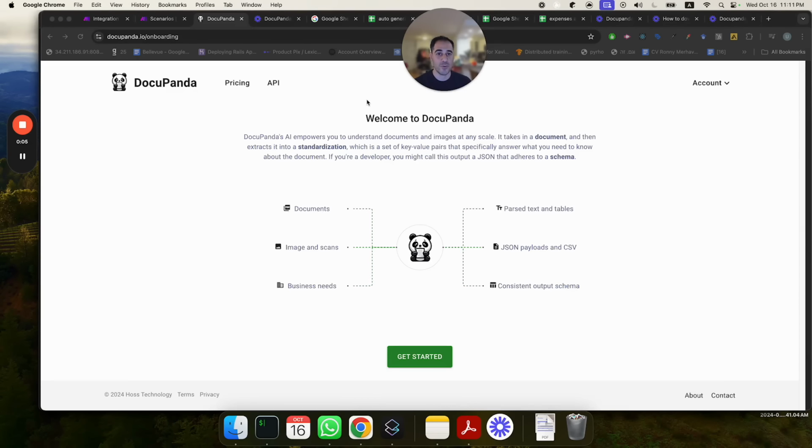In this demo, we'll see A, what DocuPanda does, and B, how we can leverage DocuPanda's Make integration to do lots of cool stuff. So let's start with the most important thing, which is what is DocuPanda and why should you care? What DocuPanda is, is a tool that looks at documents, no matter how complex, and no matter how